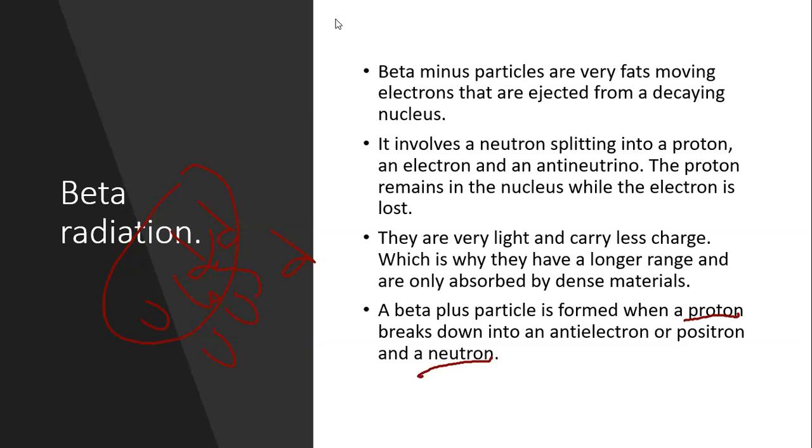And when we write down the equation for this, it is going to be like this. Our down quark is turning into an up quark, and in the process you are producing an electron, so you are losing an electron, and a down quark is turning into an up quark.